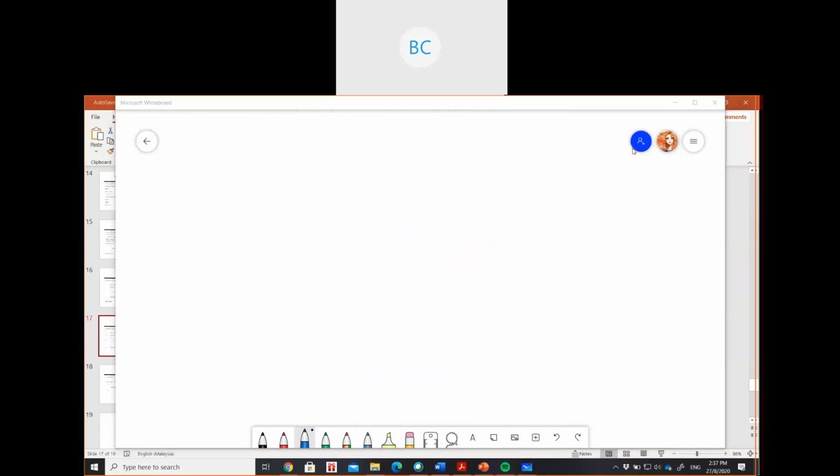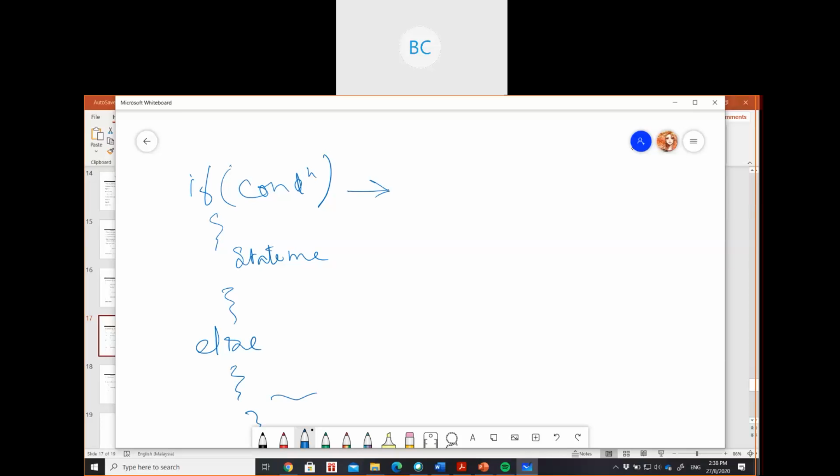For simplicity, just think we don't have any for loop or anything. We just have an if condition, a statement, and an else, again a statement. Correct? So for this condition it will take n times and for this statement it will take C times.